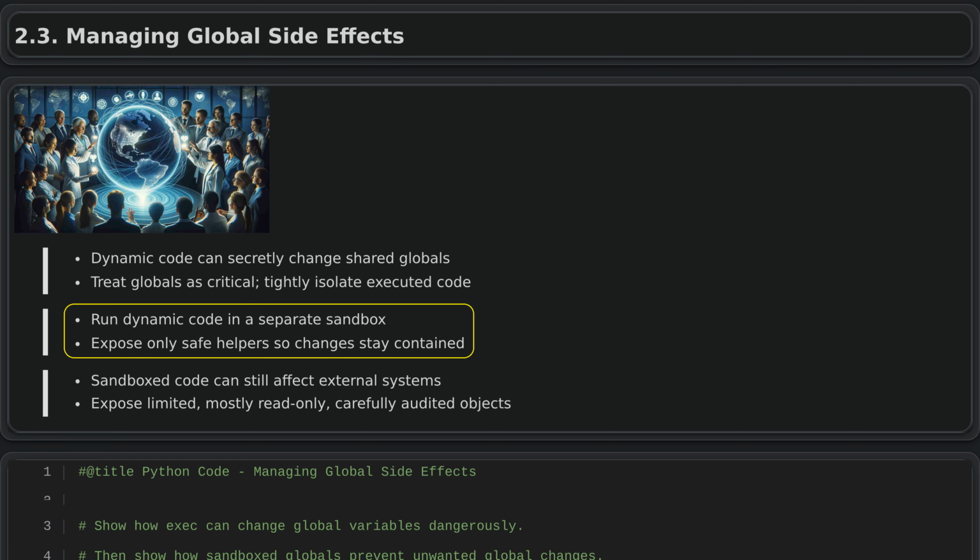To control global side effects when running dynamic code, execute it in a separate restricted environment instead of giving it access to your program's real global variables. Provide only a limited set of allowed names, such as selected math functions or helper tools. So this sandbox contains everything the code needs, but nothing more. Any changes the dynamic code makes then stay inside the sandbox and do not affect the rest of the application. For example, a learning platform can safely let students experiment in such a curated environment without risking its core functions